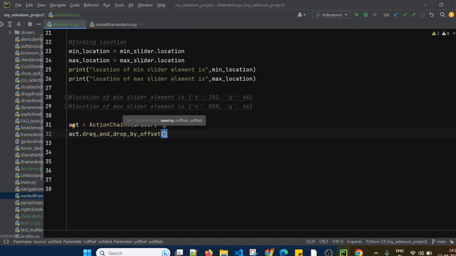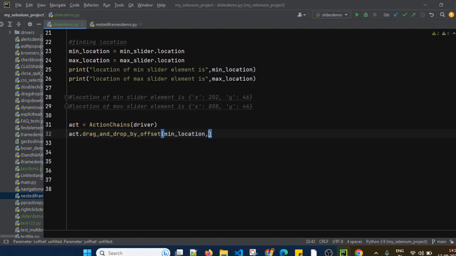In the previous session we used only the drag and drop method, but in this slider element we have to move the element by a certain offset, that is, a certain number of pixels. For example, we have to move this slider along the x coordinate. So we use drag_and_drop_by_offset, in which we pass 3 parameters. First, the element we want to move, that is the minimum location element.